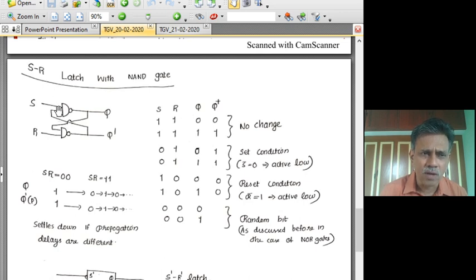A 0 as one of the input of this NAND gate makes a 0 before the bubble and 1 after the bubble. So both these NAND gates will have 1, 1 at their outputs, which is not desirable because they are no more complement of each other. Both take the same value, which is again, as we have said, which we don't like to happen.